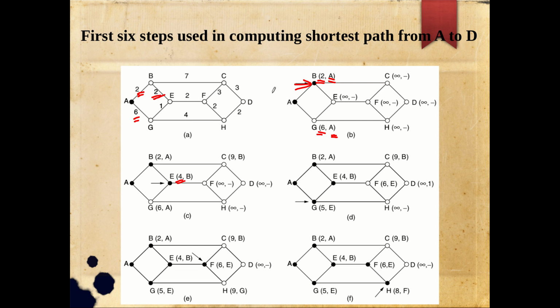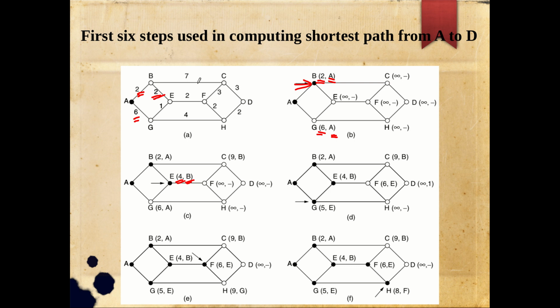And for E, when it is calculating the shortest path from A by taking the reverse path, E will keep its parent information as B, because the path is now updated through B, right? So its parent information will be kept as B. And similarly for C, from A to B, the distance is 2. From B to C, it is 7.